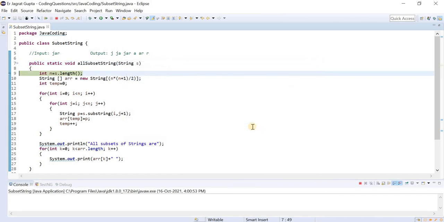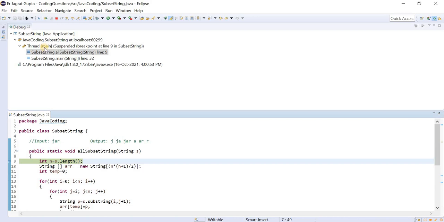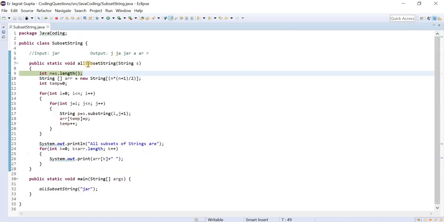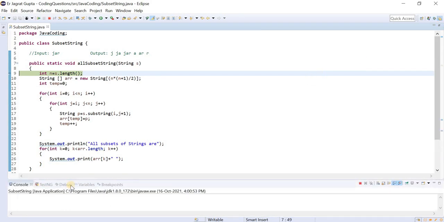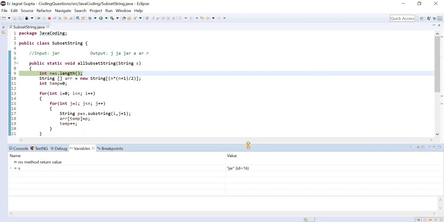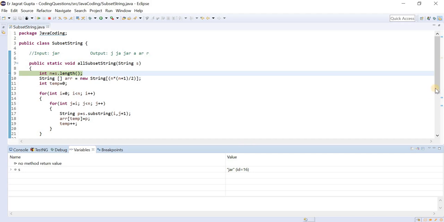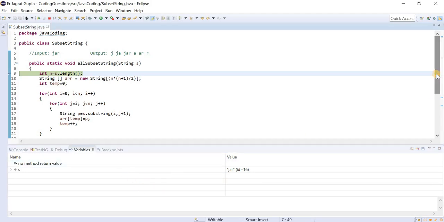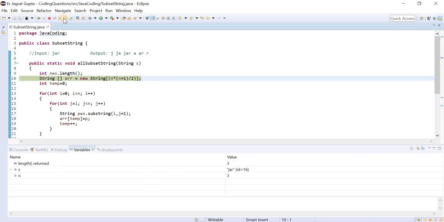Let me create a variable also. Just give me one second. Yeah, that is fine. Here we can see the variables, I mean, what the values are. So let me debug this.